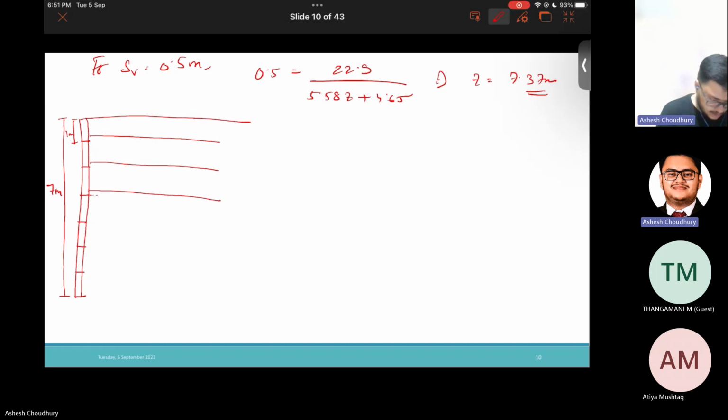This is the ground level. So here we are putting 1 meter spacing, and below